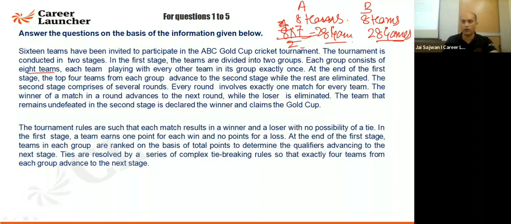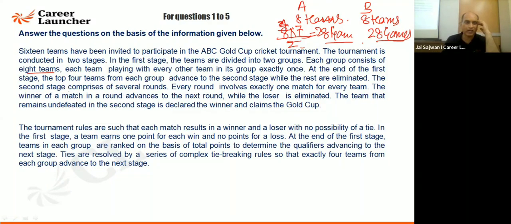Is it fine, everyone? There are 8 teams. Take one team. It plays with how many? 1, 2, 3, 4, 5, 6, 7. So 7 games are going to be played by every team. Now everyone plays 7, so 8 teams will play 8 sevens are 56 games. A plays with B, B plays with A is the same thing, so I'll divide it by 2. 8 sevens are 56, by 2 is 28 games in group A. And in group B also 28 games are going to be played.